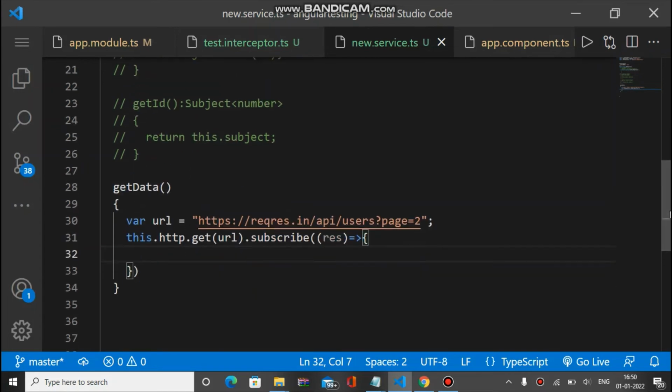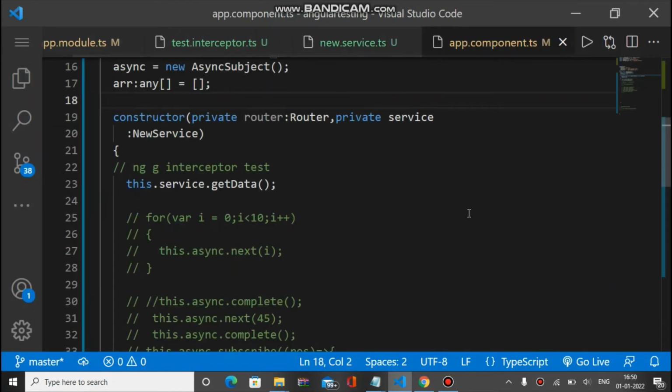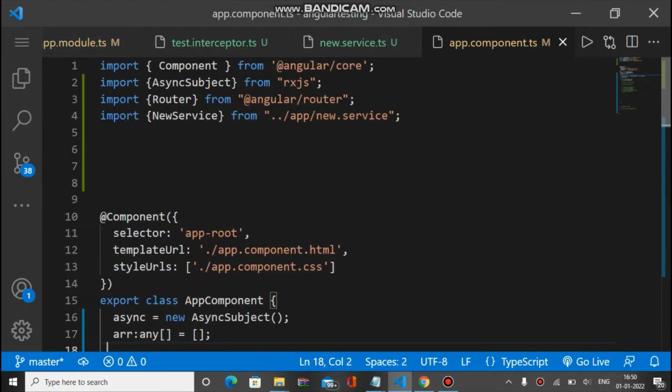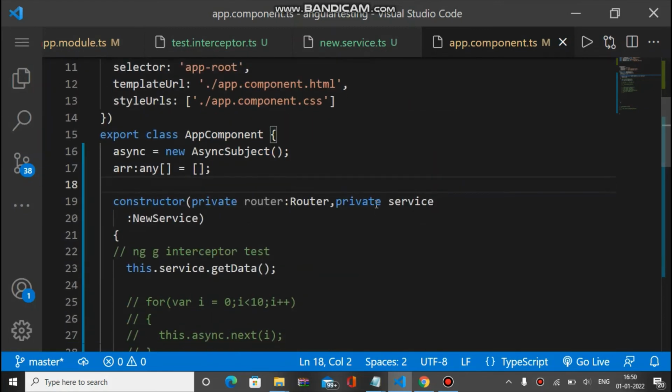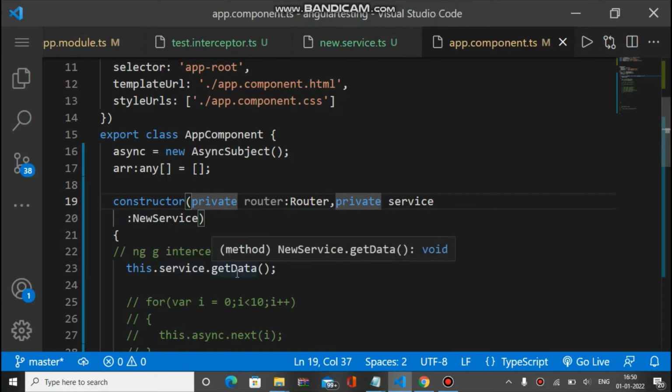And this getData will be called from the app.component.ts file. We imported the new service here, injected this service inside the constructor, and inside the constructor we call this service.getData. So when the Angular application is loaded, getData will be called, and the interceptor should also work. In the interceptor we wrote the update of the API key, and we get the response, and if there is an error we get the error.